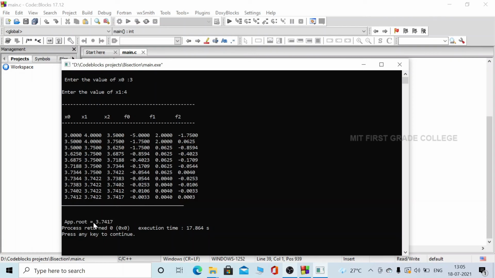And then here you can see the solution, that is x2. The x2 value is 3.7417, which is printed here, and the root always lies between the two initial values, that is 3 and 4, so the solution is 3.7417. So this is how we run the bisection method. Thank you.